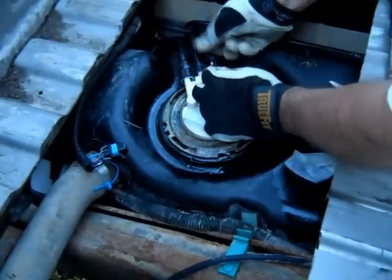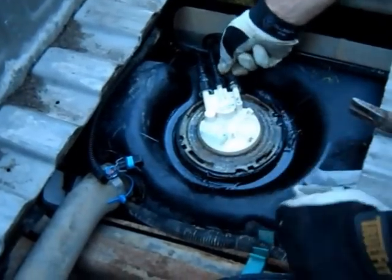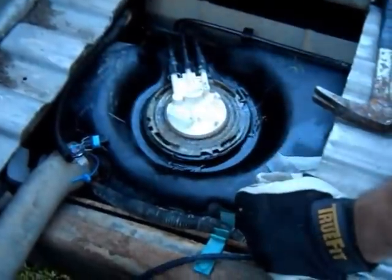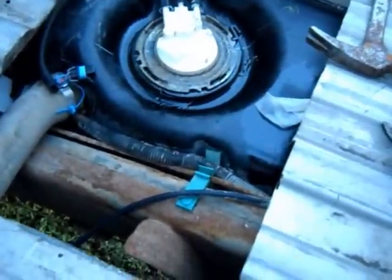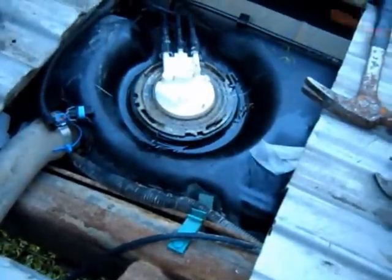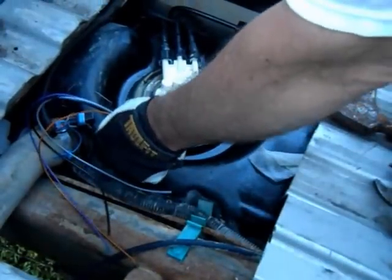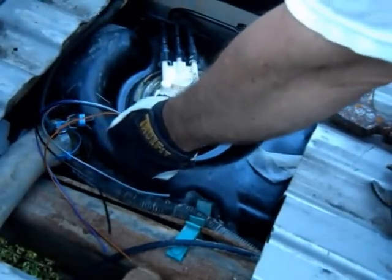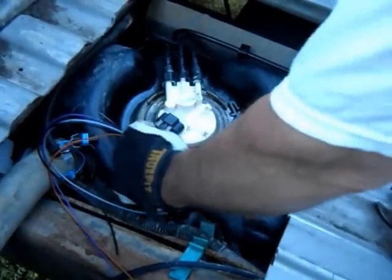Oh, you got to line up where the tabs go in there. Oh, there it goes. Then check each one. They should be nice and tight. Okay, then of course the new ones come with a different plug. This is part of the problem with the fuel systems, they make a heavier duty plug. So anyway, plug that in there,